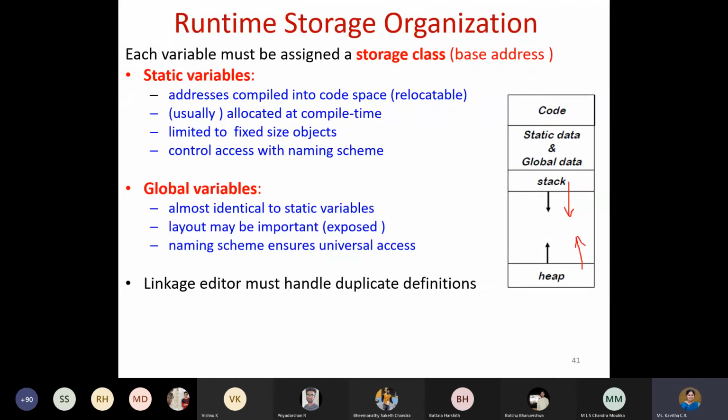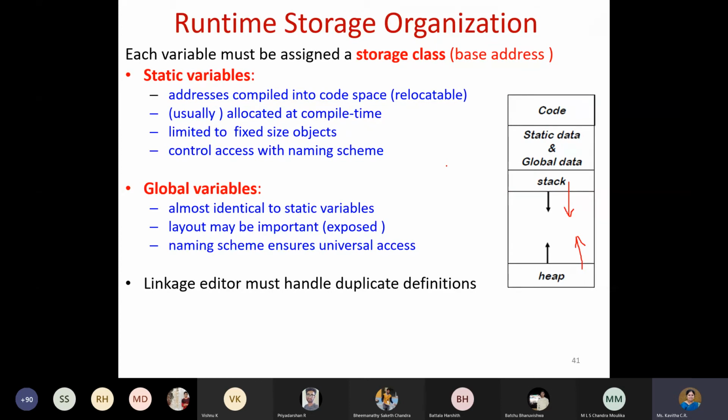The difference between the stack and the heap is that for the stack we have a restricted lifetime. Only while you are running that particular function will the data be available in the stack, and once you return from that function, it is deallocated. So its lifetime is restricted. Whereas for the heap, the requirement is that you want to use the data even after coming out of the function, and it is important to retain the data. Therefore, we make use of the heap.